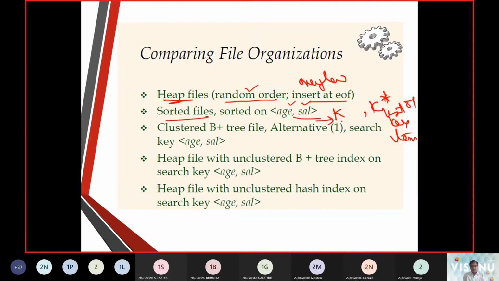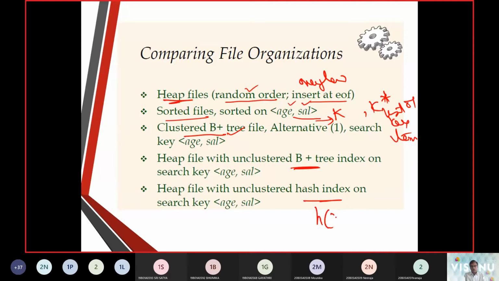K we get from K star. Fine. Next one is the clustered file. In this cluster, we talked about the order in which the indexes are stored, that is towards a B plus tree, etc. Now the heap file was extended, one with a B plus tree and another with a hash index.